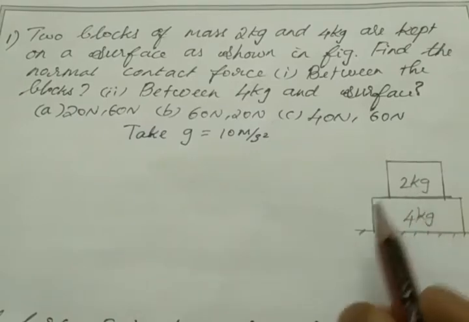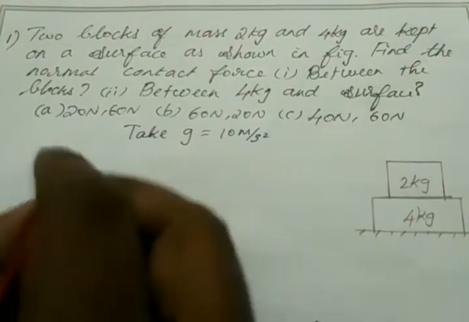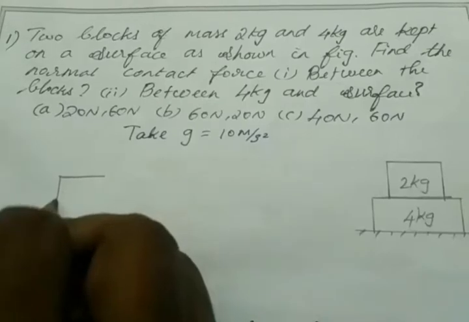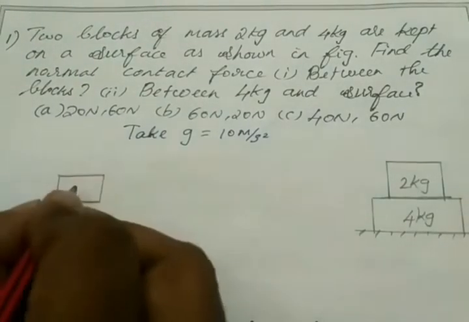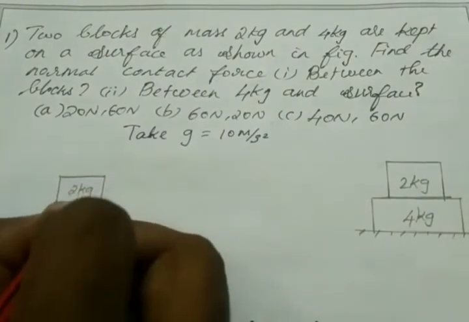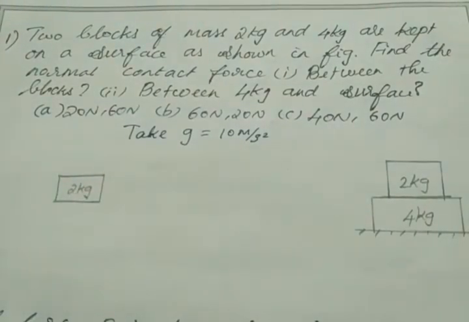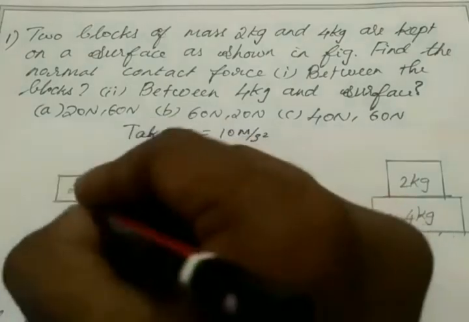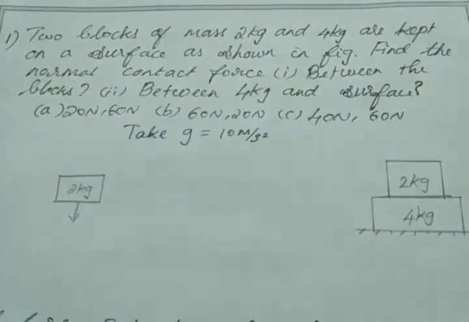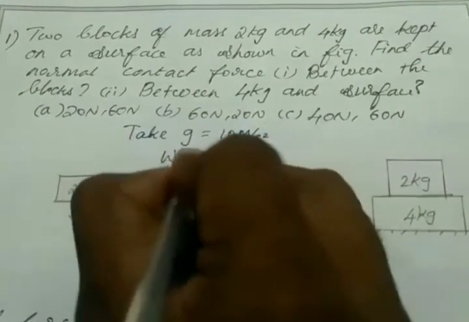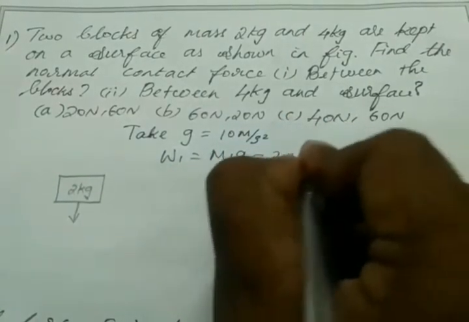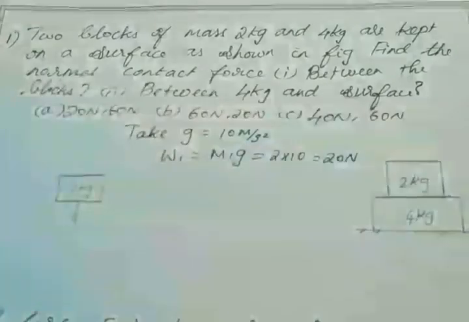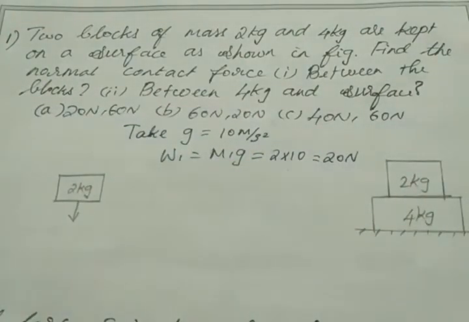First I take this block of 2 kilogram. So I draw the free body diagram for this 2 kilogram mass. What are the forces acting on this 2 kilogram? First one is weight, right? What is the formula for weight? W equal to mg. If you take W1 equal to m1g, then it will be 2 into 10, which is equal to 20 Newton. So 20 Newton force